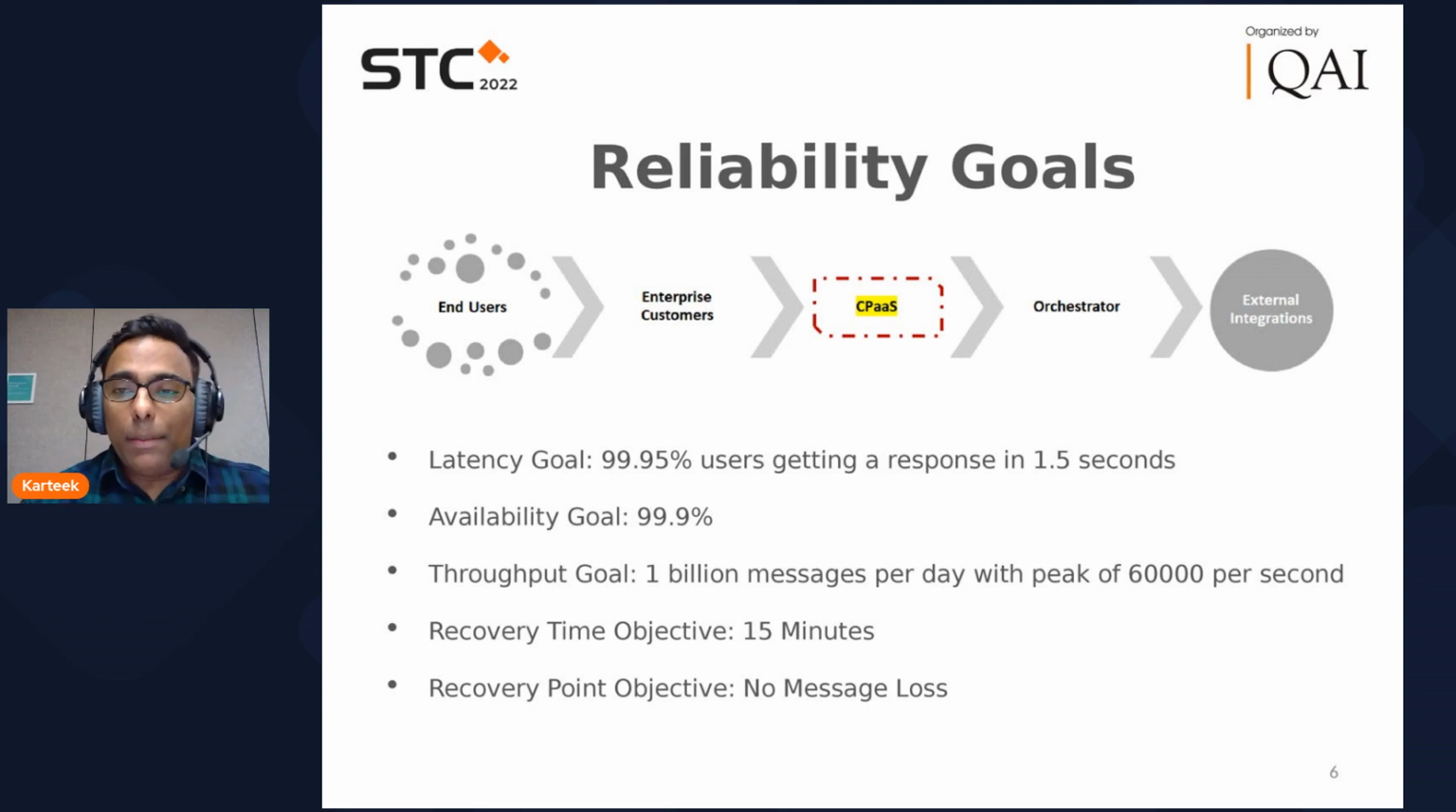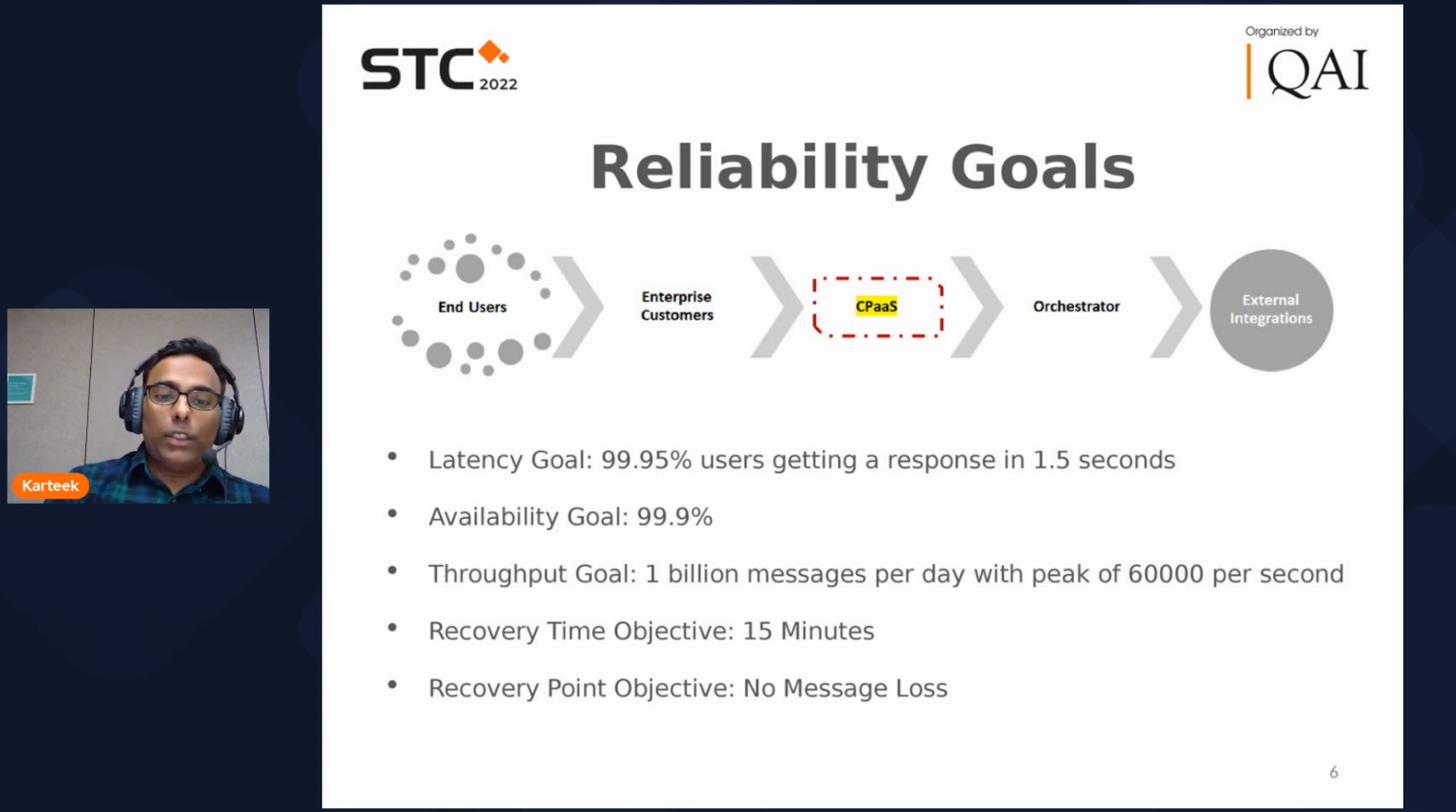For this platform, that is a communication platform as a service, which is a person to person messaging platform, we wanted to achieve a latency goal of 1.5 seconds for 99.95 percent of users. The availability target of